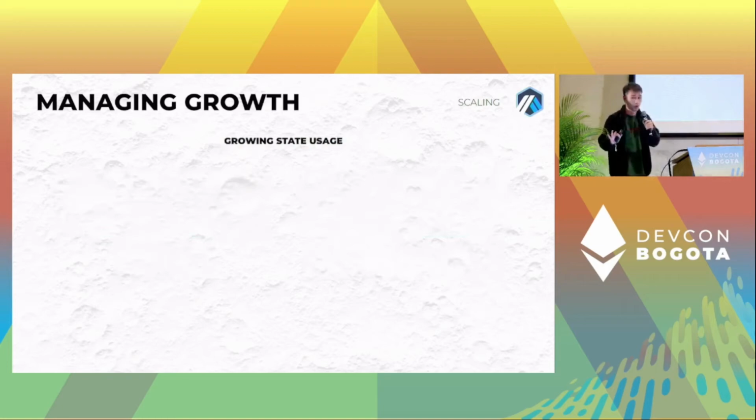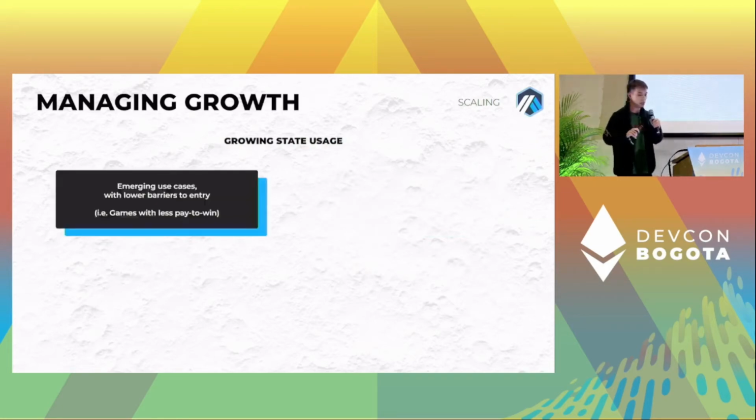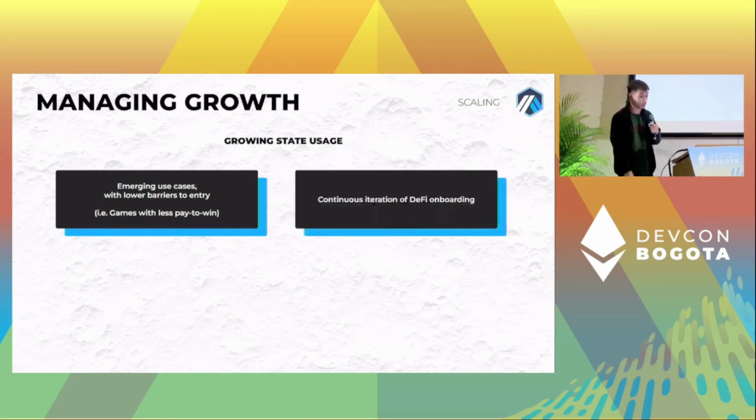The one last point I want to end with is, at a high level, in order for state bloat to be a problem, we need to get people to actually use blockchains outside of the canonical use cases we're comfortable with today. I personally would like to see a lot more use cases come to market with lower barriers to entry. Right now, for most games in crypto, in order to play, you've got to spend $500 on an asset. That's not something that most people can actually do, right? And you're going to make a leveraged long on some asset that you've never heard of. Most people, as they go into the world and want to experiment with these things, you need to make sure it's easy for them to get involved.